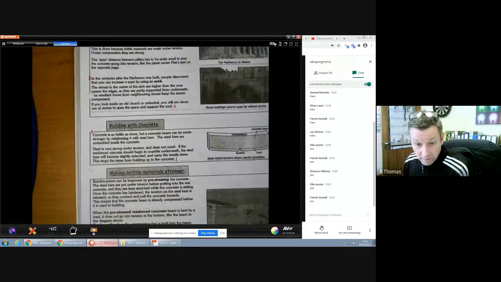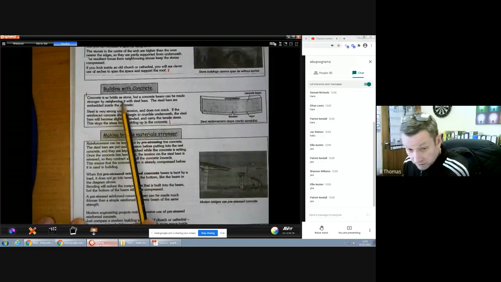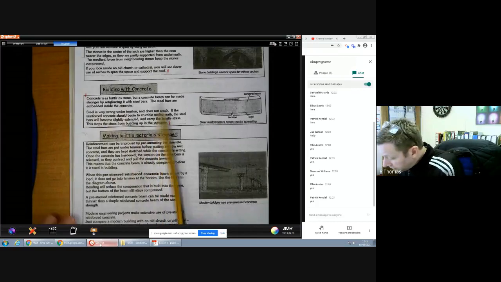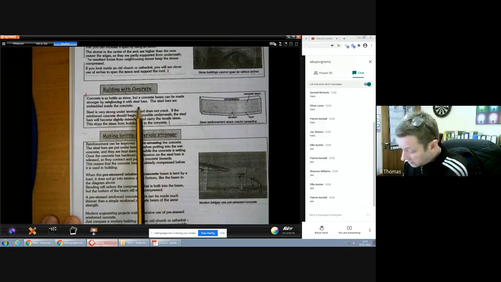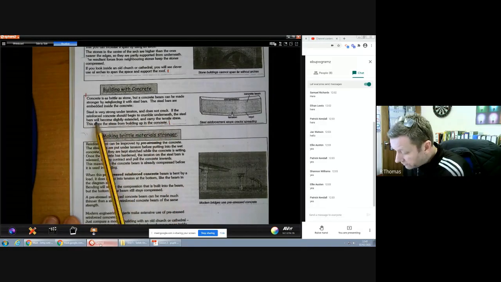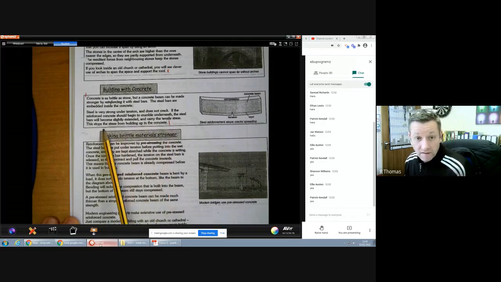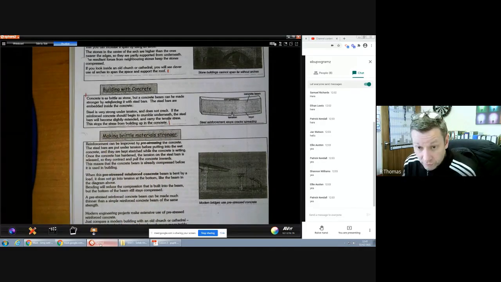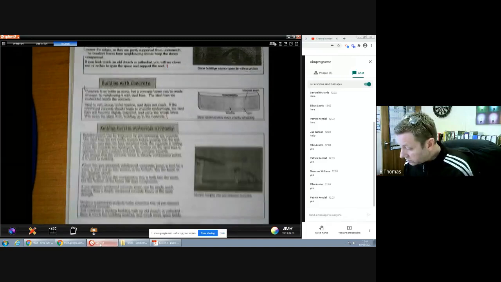And here's another interesting thing as well, very relevant to our local Severn Bridge. Concrete is brittle, like stone. Concrete is just like an alloy of stone. But a concrete beam can be made stronger by reinforcing it with steel bars. The steel bars are embedded inside the concrete. Steel is very strong under tension and does not crack. If the reinforced concrete should begin to crumble underneath, the steel bars will become slightly extended and carry that stress. This stops the crack from propagating through the concrete and hence stops it breaking. And we use that a lot in the construction of large